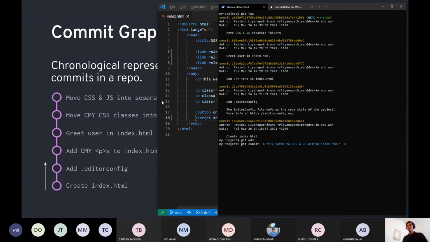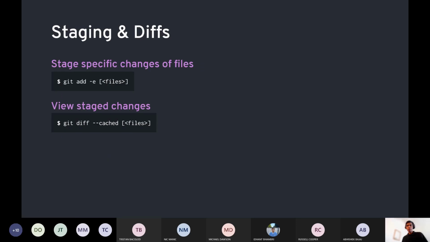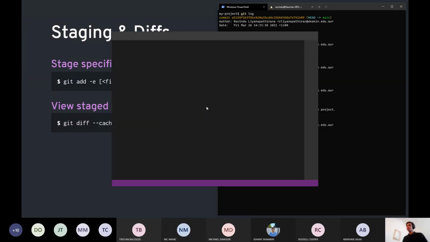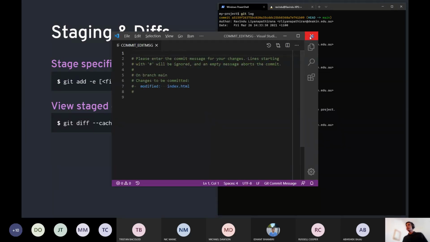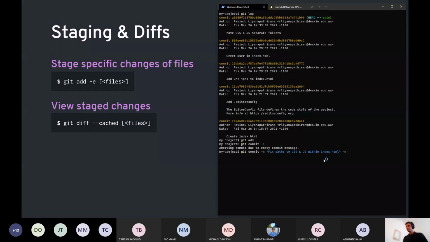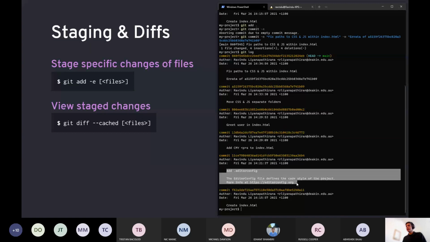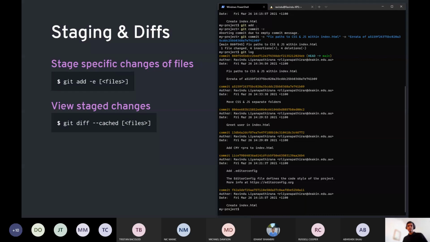And by the way, I might not have mentioned this earlier, remember how while committing, you could specify the -e flag to actually open the editor. If you don't want to do this, you can specify multiple -m flags to add separate paragraphs. So in my case, I could write "errata of this previous commit", just to refer to it. And you'll notice that if I git log, it's actually added two paragraphs, just like we used the editor to add two paragraphs over here. So you could do it either way.